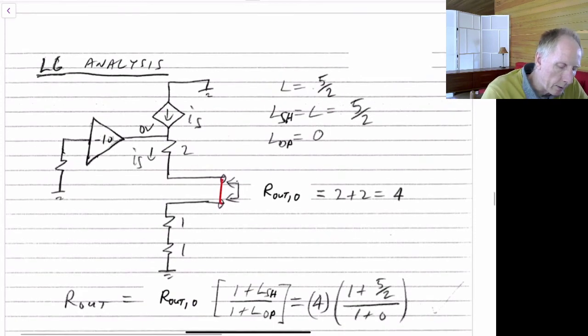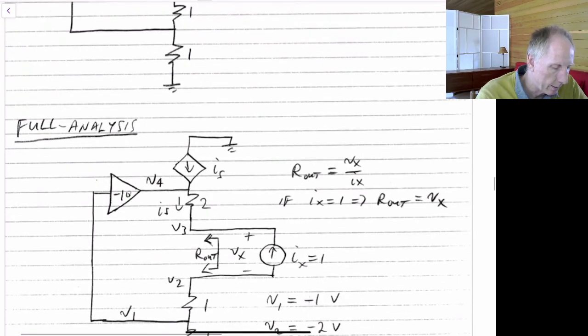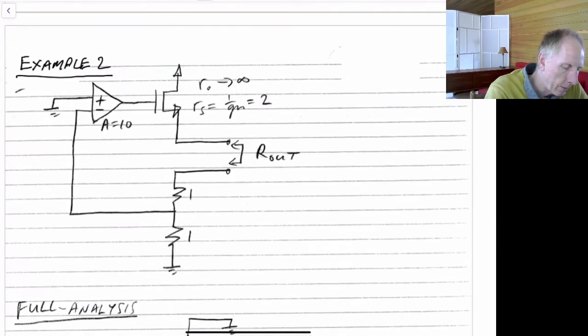We also have that the loop gain when it's shorted is L sub S, which is 5/2. The loop gain when it's open circuited, so if we leave this open at this point, because it's now open, you can see very quickly, let's look at this case here, that if I break the loop and apply the voltage V sub t here,